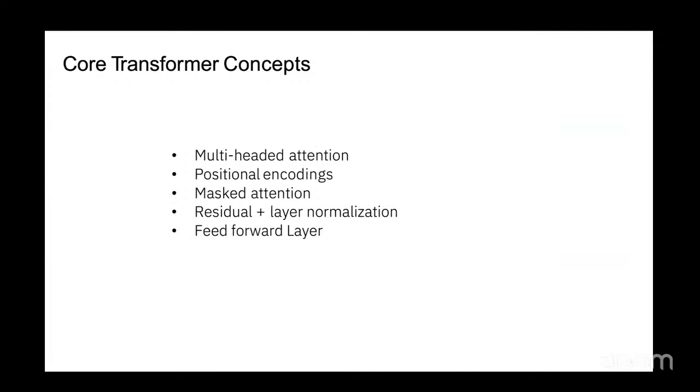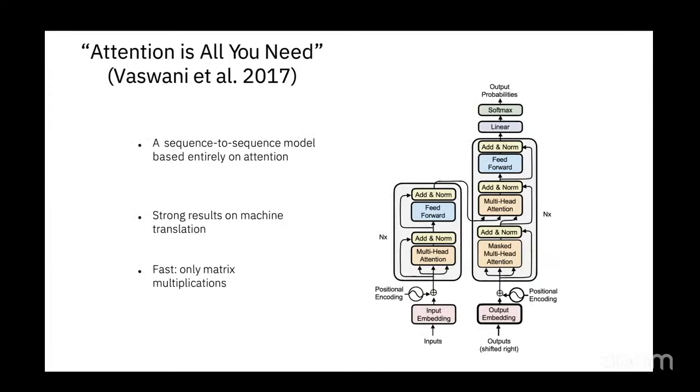So if you see, there's a whole complex diagram here. We will actually go into each one of them and try to understand what each one of them is. So we looked at what attention is. Attention basically says, given an input sequence, how much each word contributes towards generating the output.